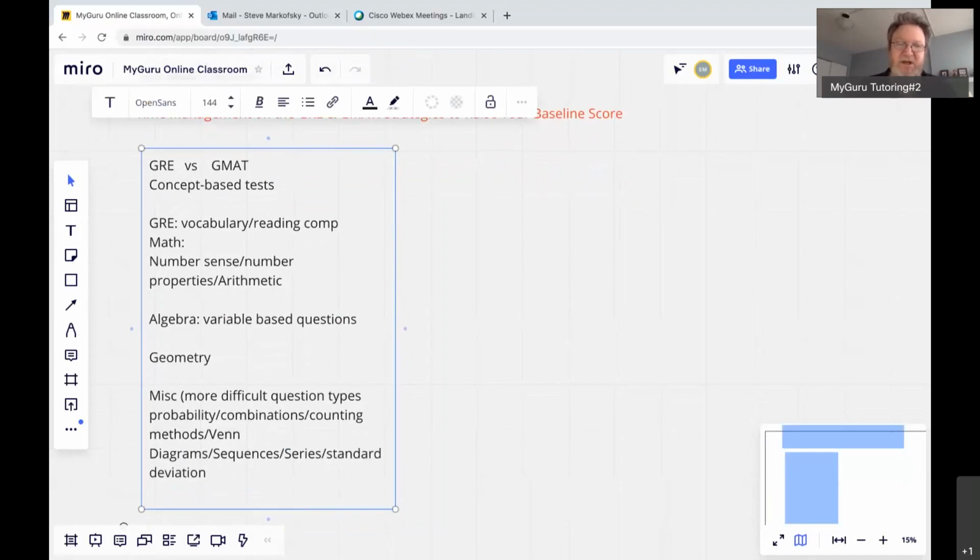All right. So the idea, because these are concept-based tests, you want to be able to identify quickly what is being asked. All right. Where people tend to go wrong is that,